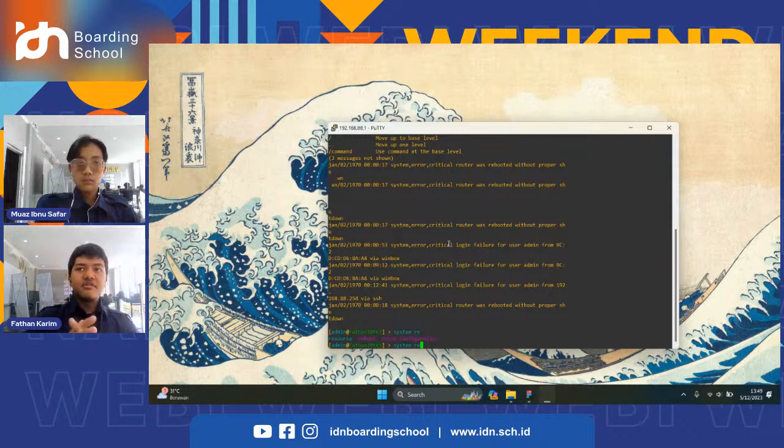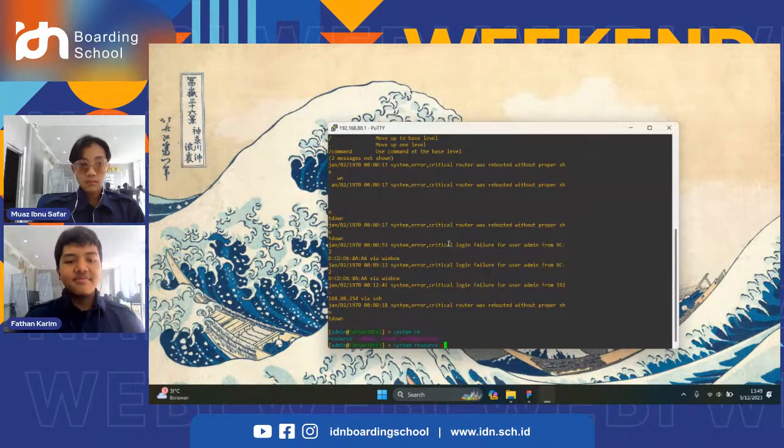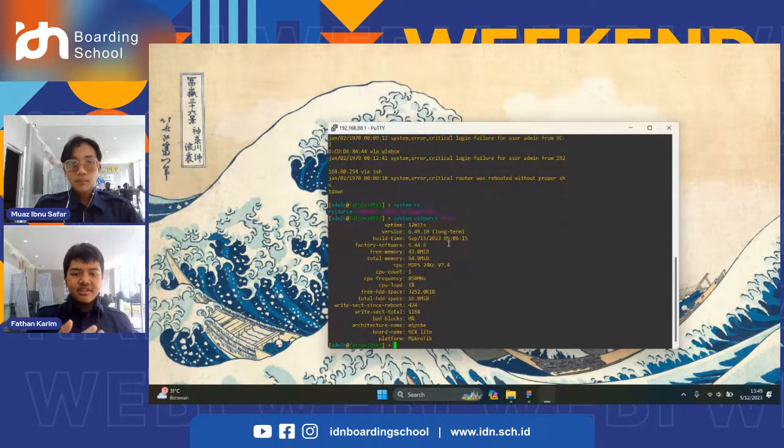And if you want to see the resource, you call the command print. As you can see, this shows the resource of the router. And usually, if you want to see information or test connectivity, we call a command like ping.